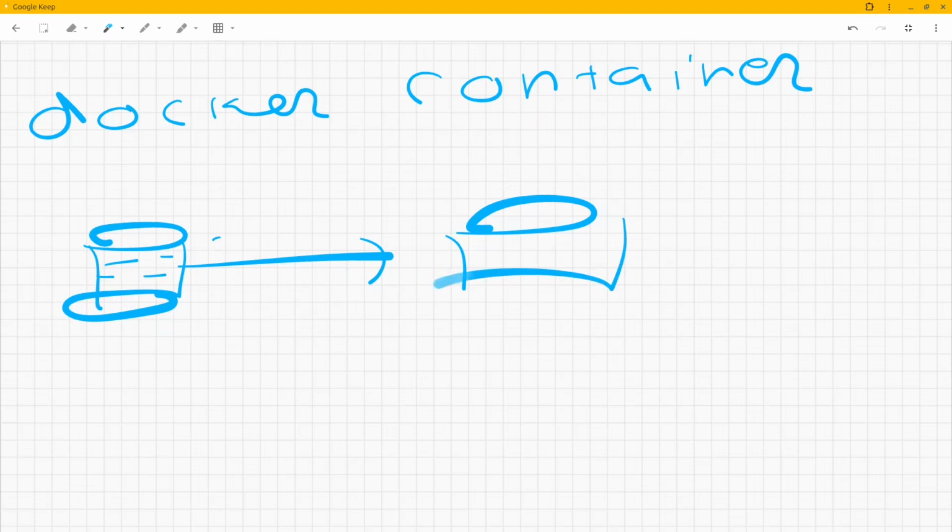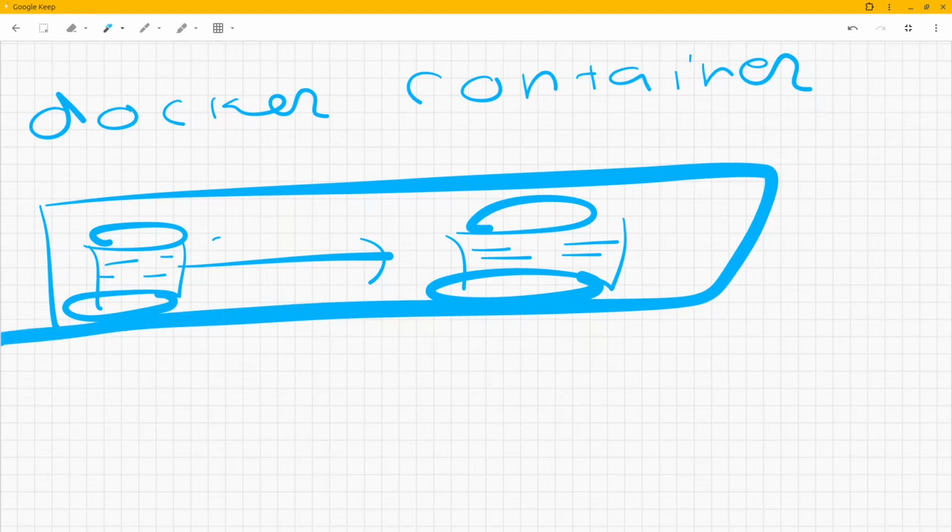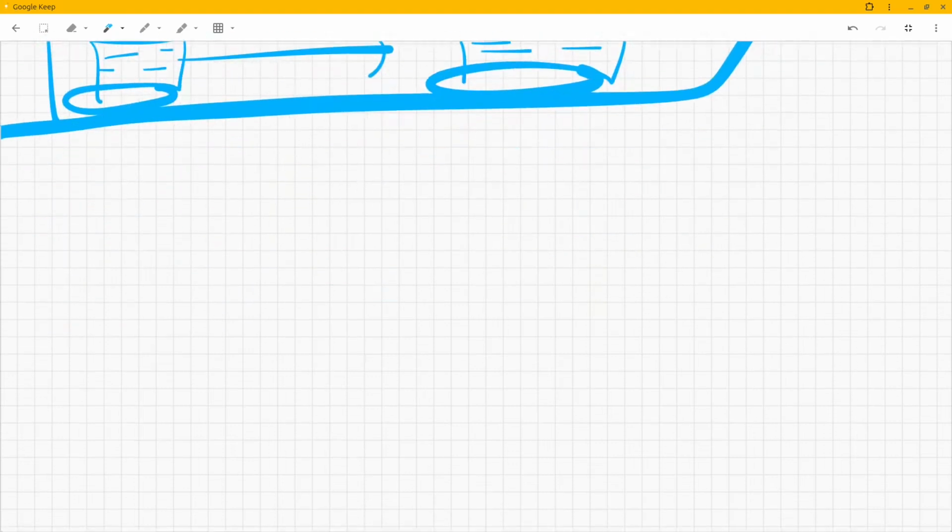Let's see what problem Docker solves. Before this, we need to see what problem we have and what it is trying to solve. Let's say you build an application, a Java-based application, built in Java version 25, the LTS, which is the latest version now.